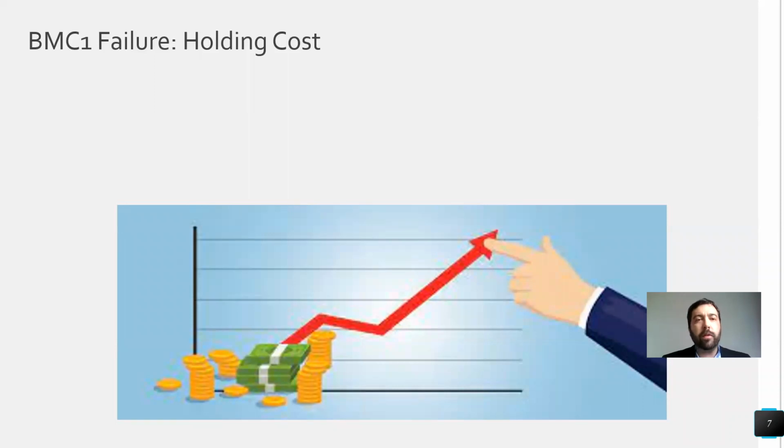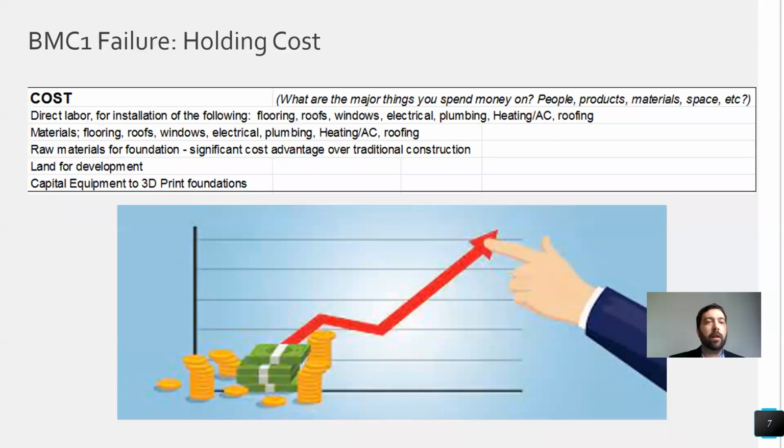And so we started doing some more research into that, and we identified what we thought it would take to build a full home, including flooring, roofs, windows, plumbing, electrical, etc. Also including all of the other components, land, raw materials, and the time frame that it would take us to secure everything, go through the process, and then sell the house. It was a significant portion of time. It also was a significant portion of resources.